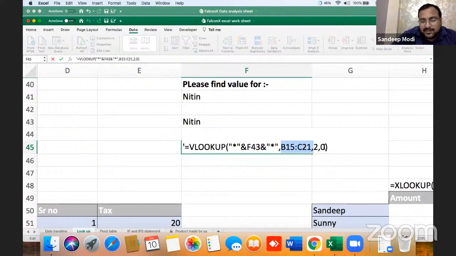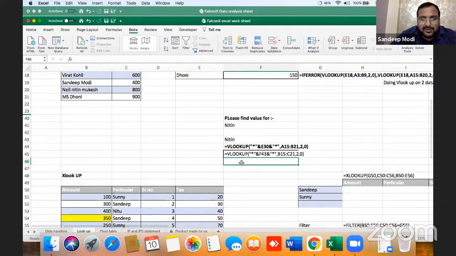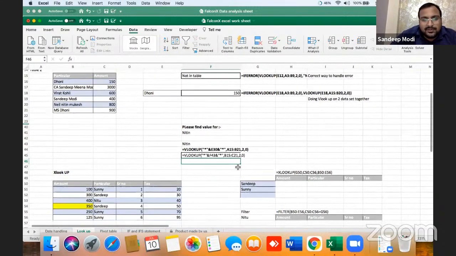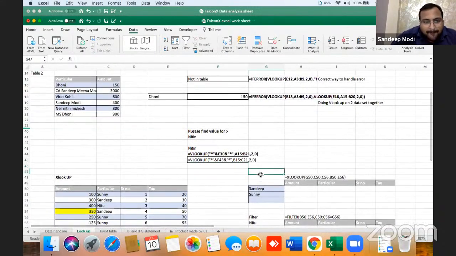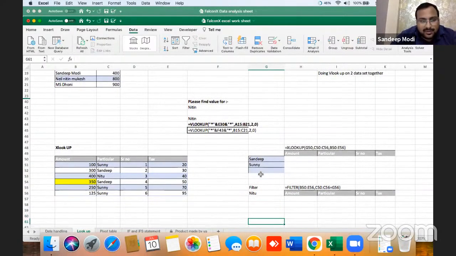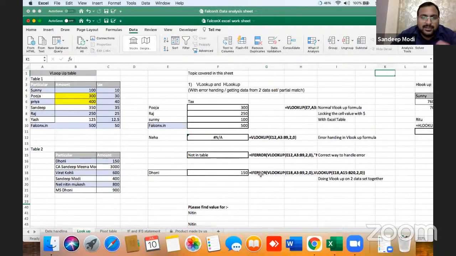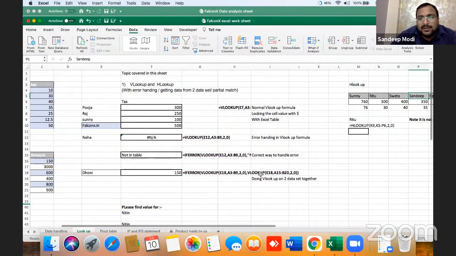This is the table array, second column and 0. This is how you can write VLOOKUPs together. Any queries, or should I start with the new XLOOKUP? Okay, no queries. So first let's complete HLOOKUP, then I will come to XLOOKUP.